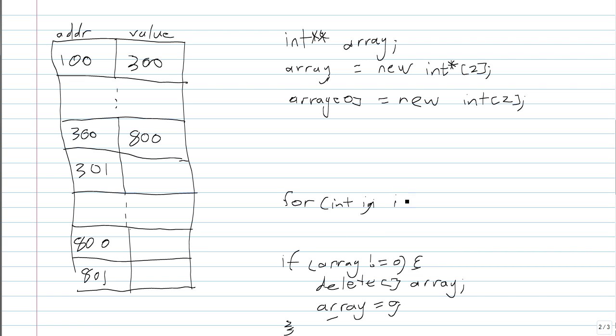So it would look something like this, smaller than the size, whatever that is, and then you delete it. Let's clean that up a bit. It's basically just a normal delete of an array